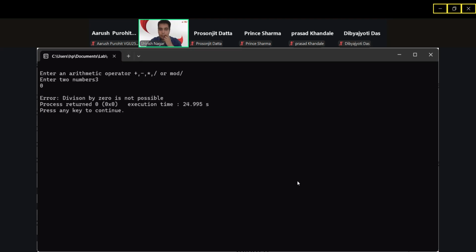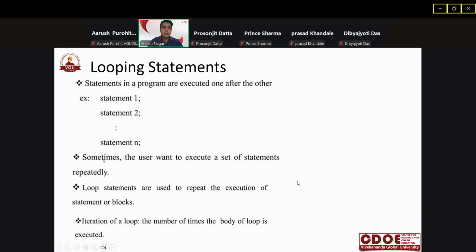Now coming back, the next topic is loops. So what are loops? Loops means a program which you execute repeatedly. That is what you call that. So all the statements which you want to execute repeatedly, you put them into loops. Okay. So for example,